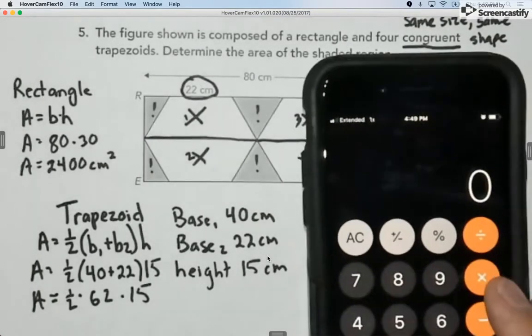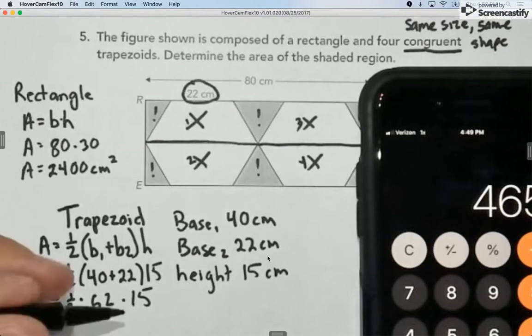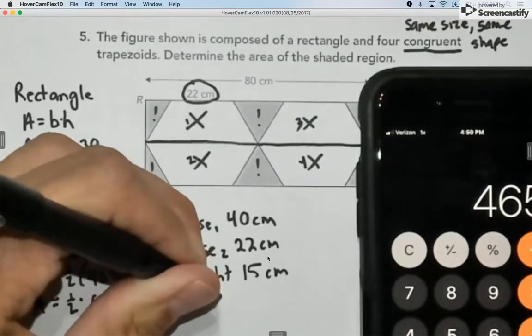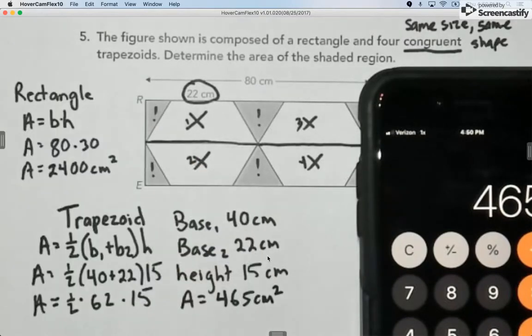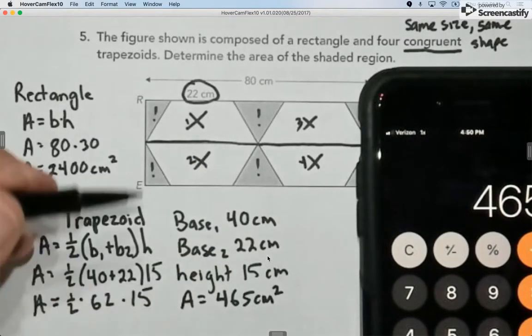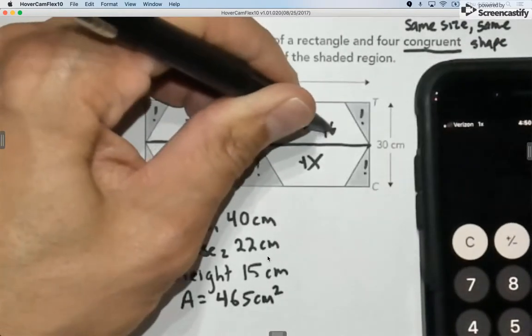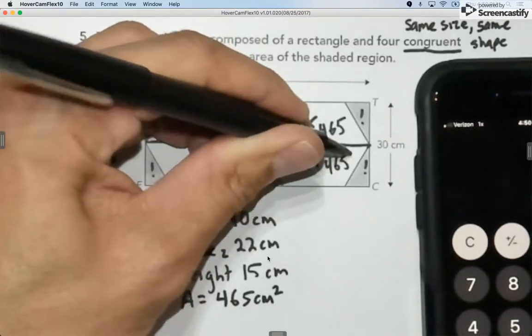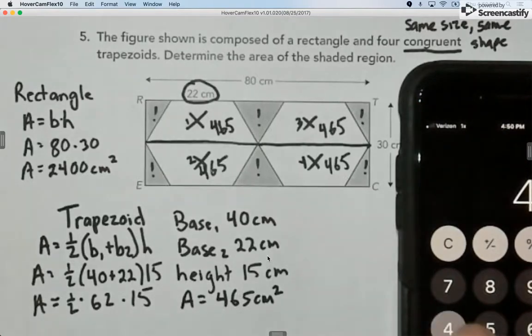And so I would take 62. When I times something by half, it's the same as dividing it by 2. And then I would times that by 15. And so that is telling me that each trapezoid is 465 centimeters squared. So we now have 465 and 465 and 465 and 465, or times 4, which gives me